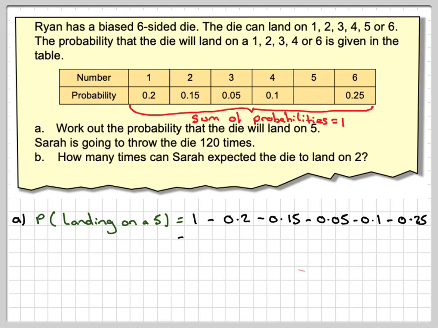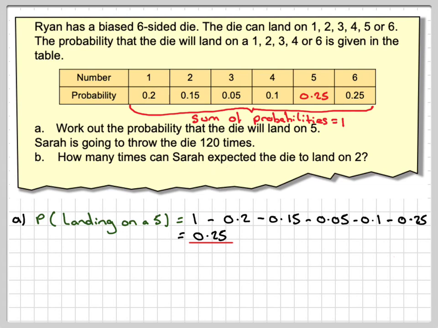So we work that out on our calculator. We're going to get 0.25 as the answer. Right, now how many times can we expect the die to land on a 2 if we